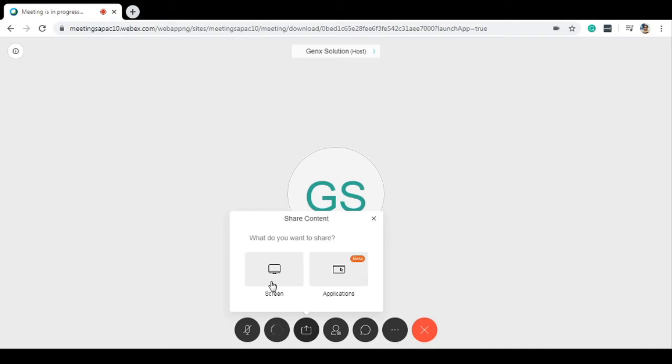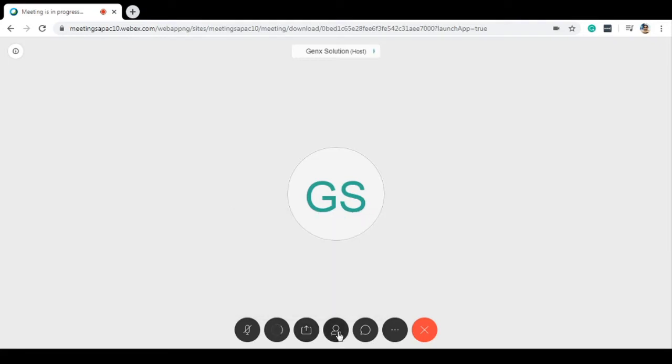You can share the whole screen and you can share the applications, whichever applications you want. Once you are having the participants, you can have the whiteboard also, or you can have the PPT, you can have the Word, Excel, PowerPoint, any other applications to share with them. So that is one of the best features.